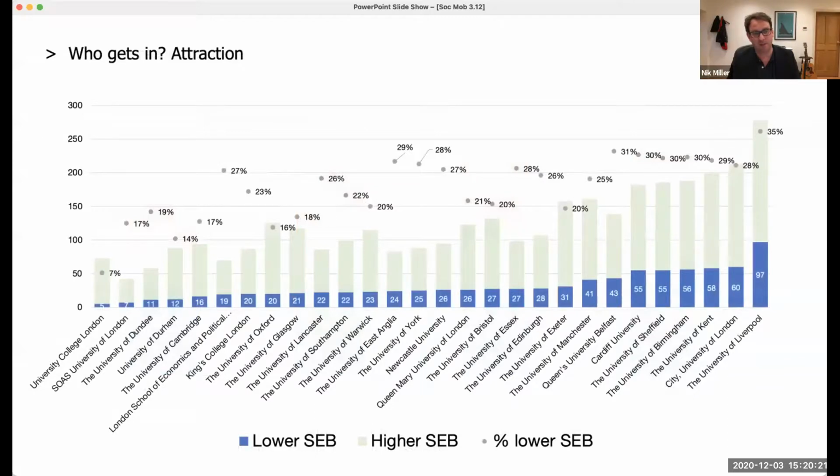So there's a lot on this slide. This is external data from HESA, the university's data body, the Higher Education Statistics Agency. Here what we've looked at for a law firm is the number of students studying law at each of these institutions, the blue and green bar being the numbers of students, the blue bar being the number of students from lower socioeconomic backgrounds studying law and graduating this year, and then the percentage of students from lower socioeconomic backgrounds. So again, this type of data I think is really invaluable, as Phil helpfully described, at targeting efforts more effectively, and also setting realistic expectations.